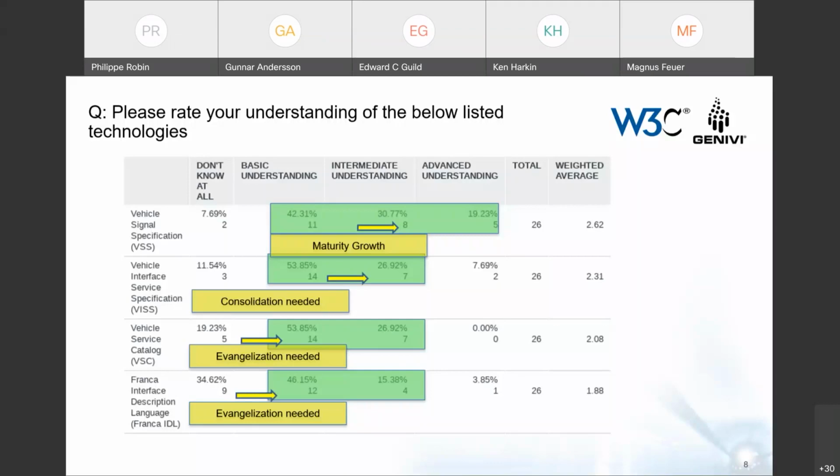And then we put Franca Interface Description Language, Franca IDL, because we are trying to understand how much Franca IDL is deployed in the automotive industry. It seems that there are several companies, I won't say many, but several companies using Franca IDL in their development process. Okay, and